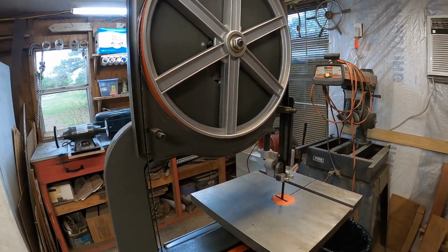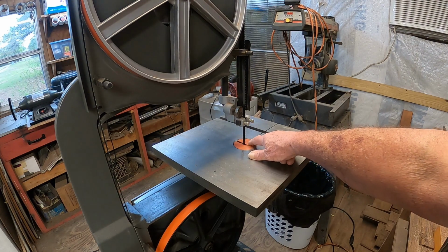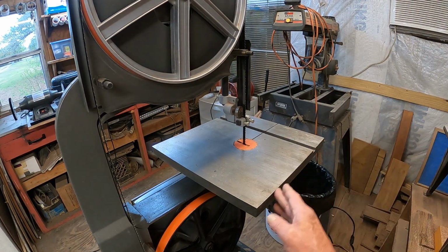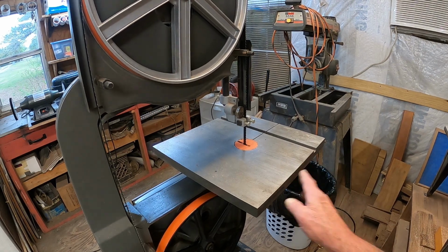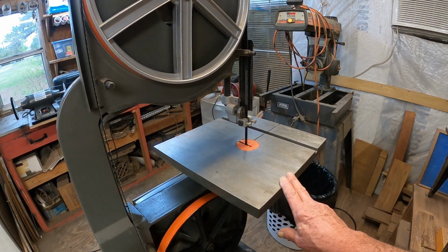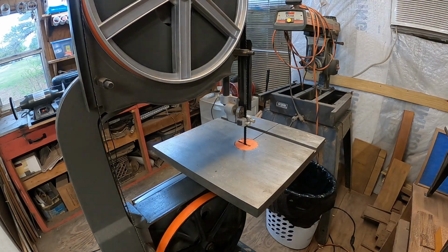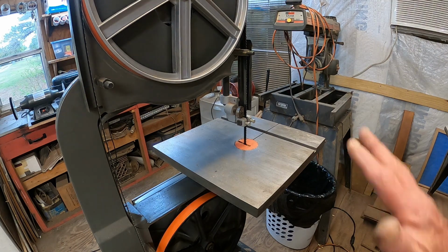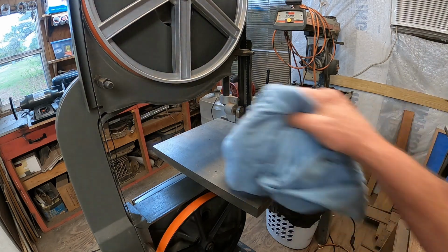Got to have Ricky Jr. print me another one of these inserts right here, because this one's a little wide. Now my friend Ryan, one day, I'm gonna take this top off and send it to him, and he's gonna try to square these edges, because that still really needs to be done. But I've got so much work right now that I've got to have the saw. I can't be without it for any length of time, so that'll come later, but I can deal with that for right now. I don't really like it, but